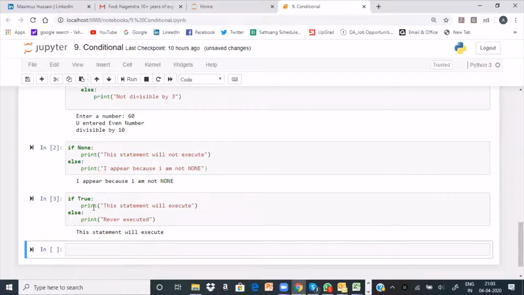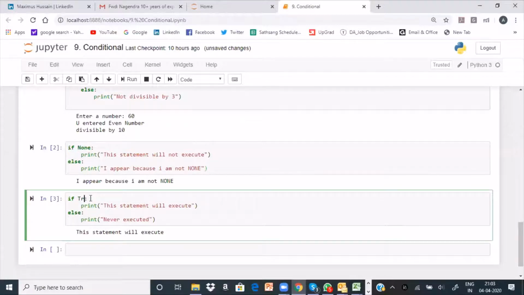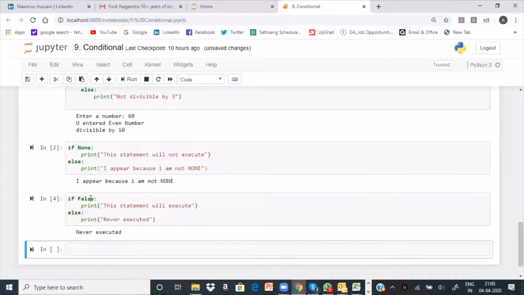Now if I run this, you see here, this statement will execute. Okay. So if I make it false, then the else statement will run. See, never executed.